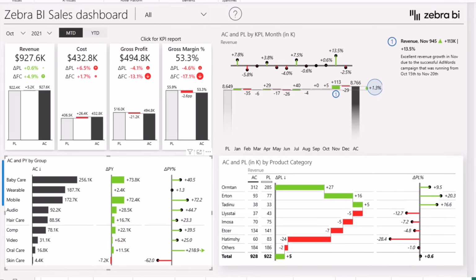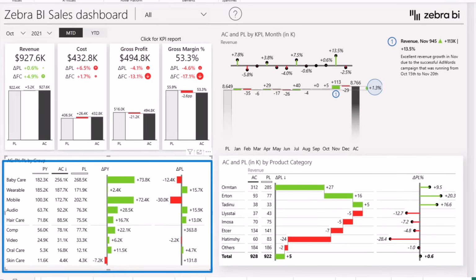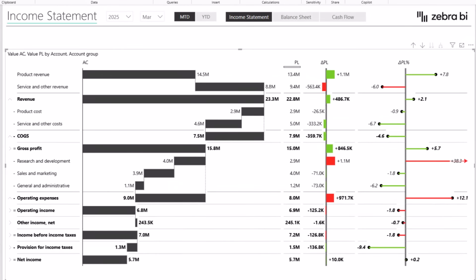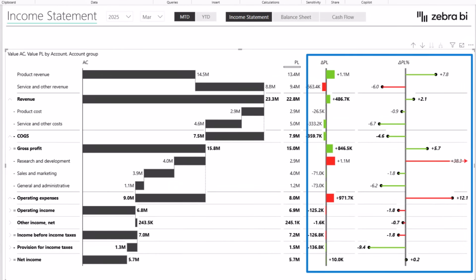Variance analysis is the key piece of performance management reports because everyone must understand where the differences or the variances are and why they happened. In the next few minutes, I'll show you how to create actionable variance reports directly in Power BI using examples